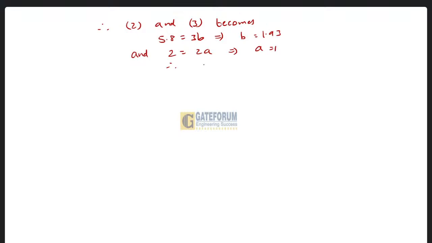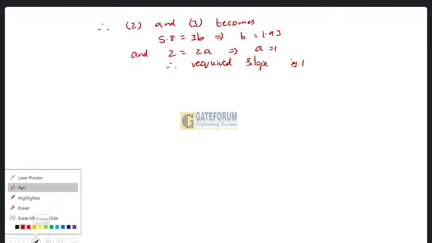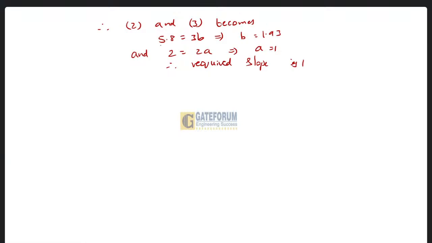Therefore, required slope is 1. This step doesn't require, but if they ask what are the values of a and b, that is y-intercept or slope, whatever it may be, then you have to find b value as well. B is the y-intercept of the straight line. Okay, so